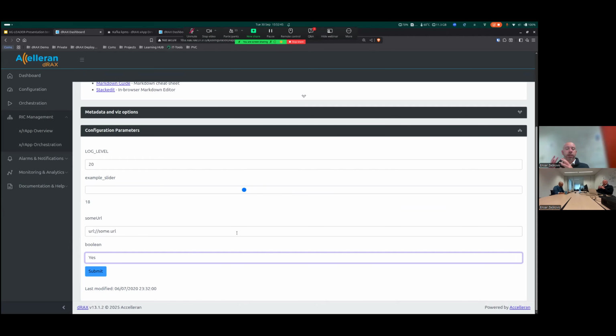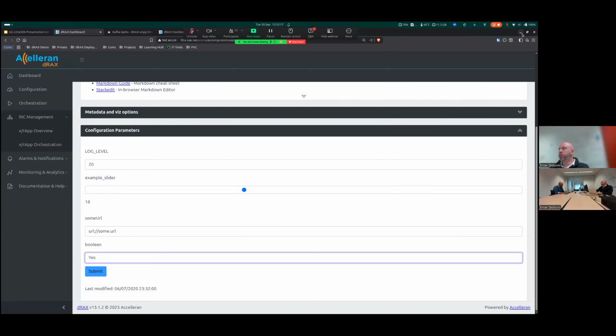We had a handover manager xApp that had multiple handover algorithms developed within it. Through a configuration option, we were able to switch between the handover algorithms. So instead of having to restart your xApp to switch the algorithms, we just put it as a configuration parameter, and then through the dashboard, we can easily switch on the fly without needing to restart the xApp itself. So this opens up multiple use cases.